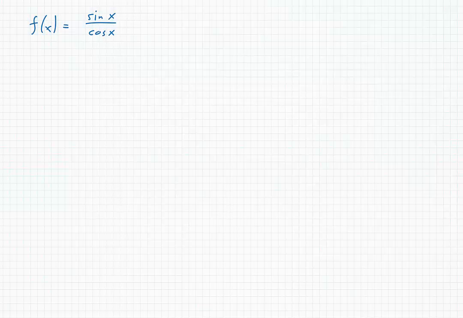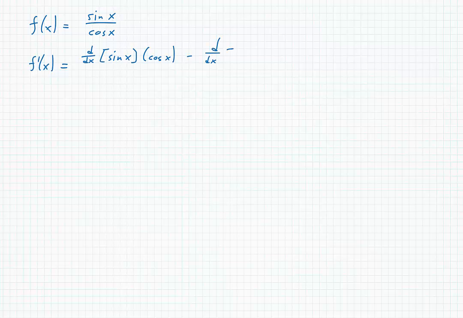Here's a trigonometric example that involves the quotient rule. We have f of x is equal to the sine of x divided by cosine of x. So we'll apply our quotient rule. F prime of x is equal to the derivative of the numerator times the denominator minus the derivative of the denominator times the numerator. And that's all going to be divided by